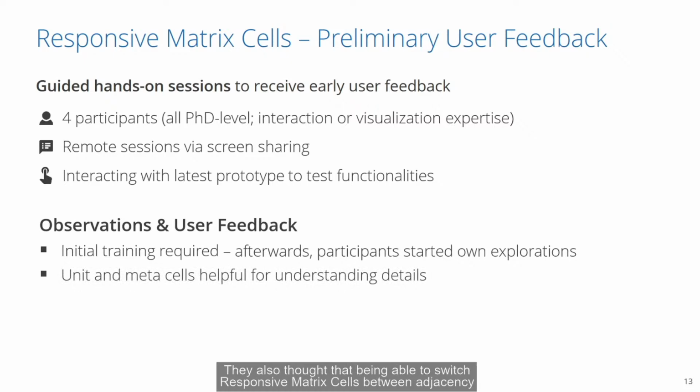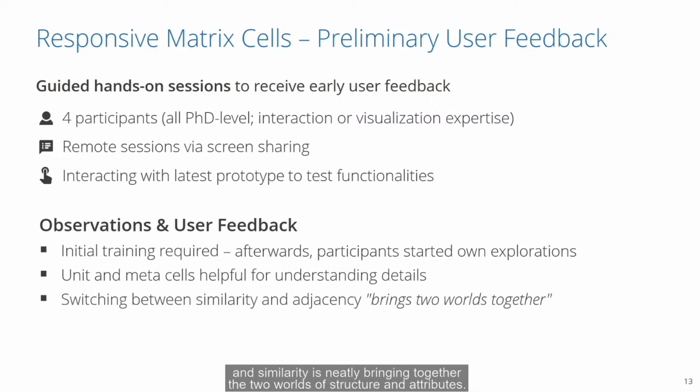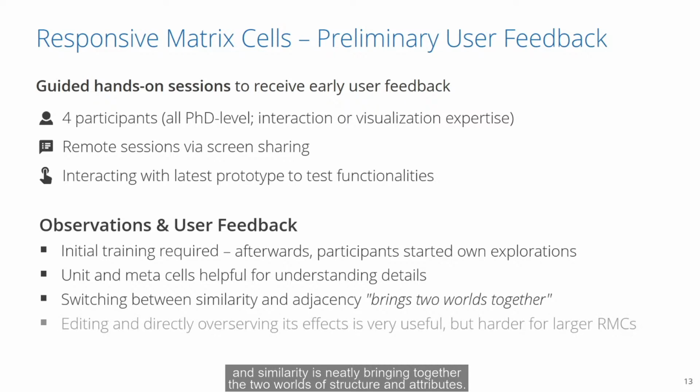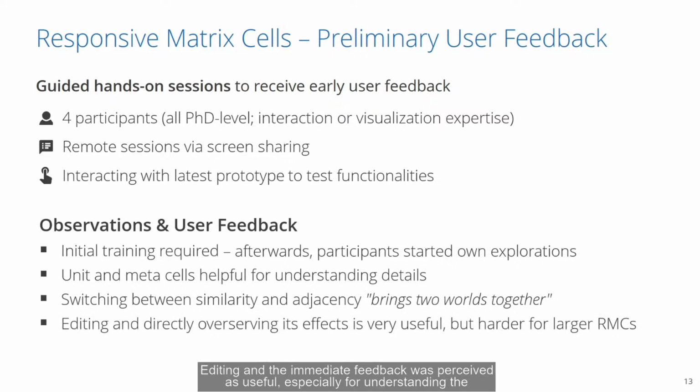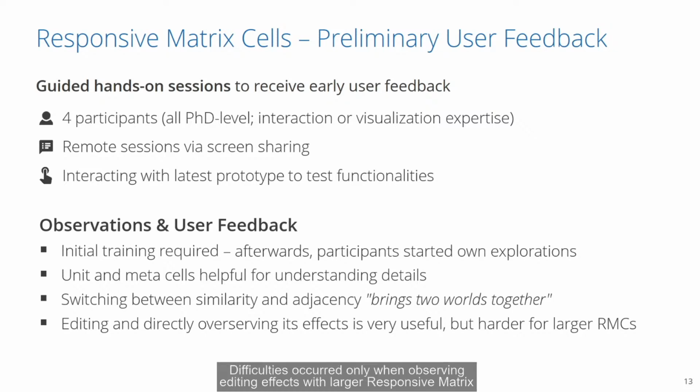They also thought that being able to switch responsive matrix cells between adjacency and similarity is neatly bringing together the 2 worlds of structure and attributes. Editing and the immediate feedback was perceived as useful, especially for understanding the influence of attributes in the similarity measure. Difficulties occurred only when observing editing effects with larger responsive matrix cells, as they reduce the visibility of the remaining